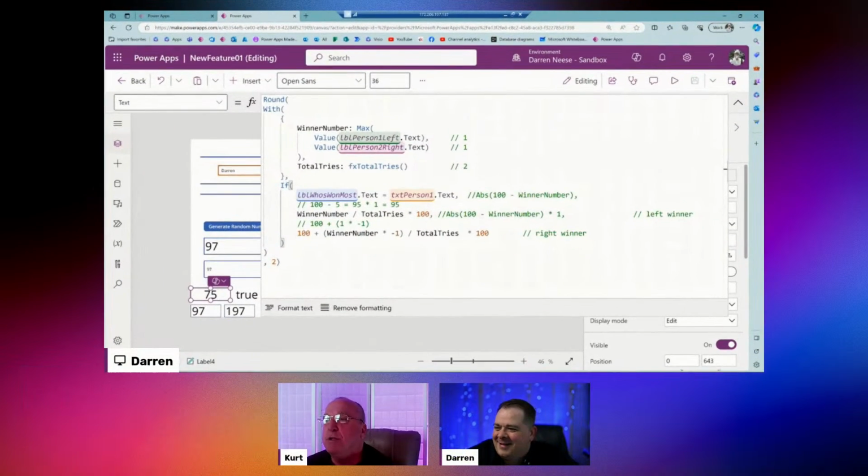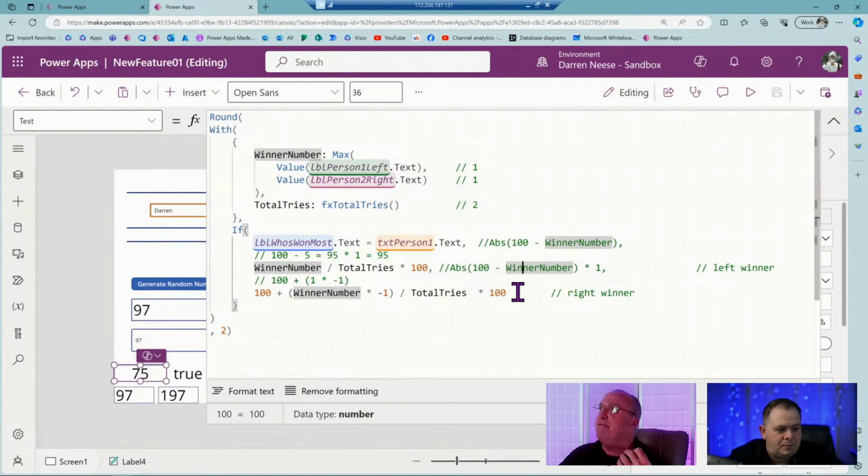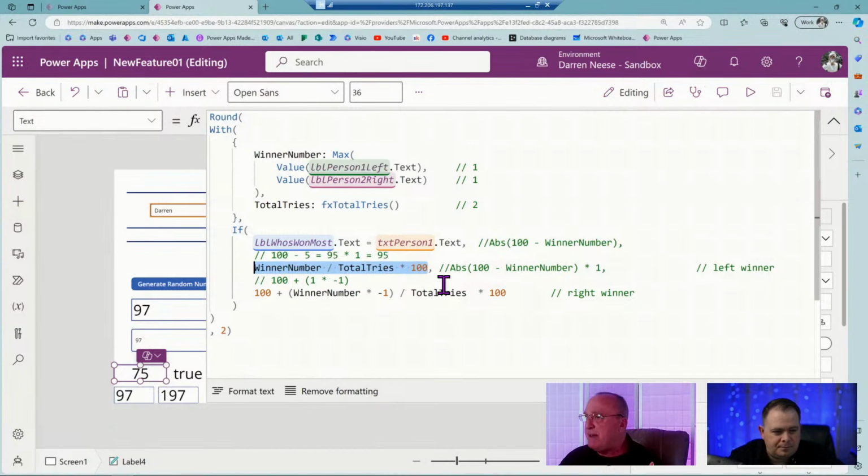Okay, so this winner number, let's get back to the point here, because I don't want to lose this. We're almost there, I think. We got the bottom side, the right side's working, I think. It's that left side. We need to invert that number. If Darren wins 75% of the time, 3-1, then we want that to be 25. 100 minus the 75 would be 25. We want that to show up on the top one, the left winner.